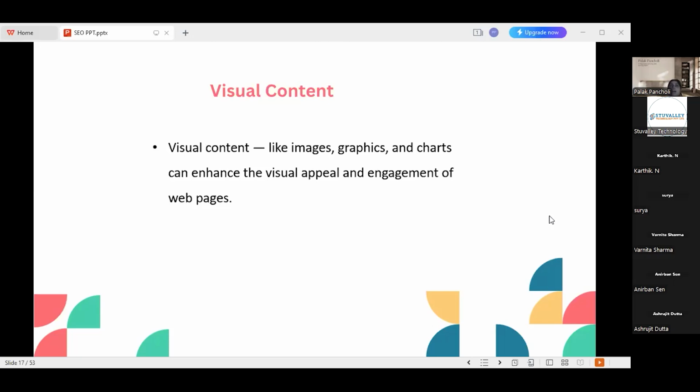And along with this, sometimes many websites contain blurry images, right? When we optimize the images, when we compress the images, they get blurry, right? So we have to keep in mind that image quality should be good. The visual appeal of the image should be very good.